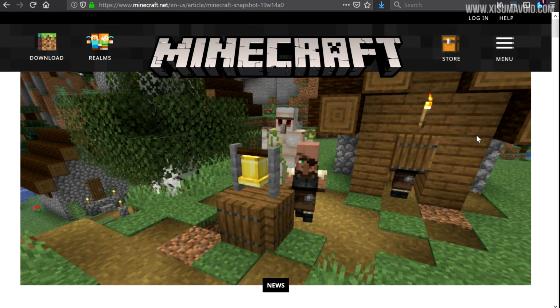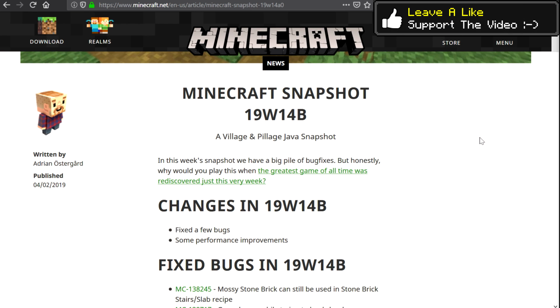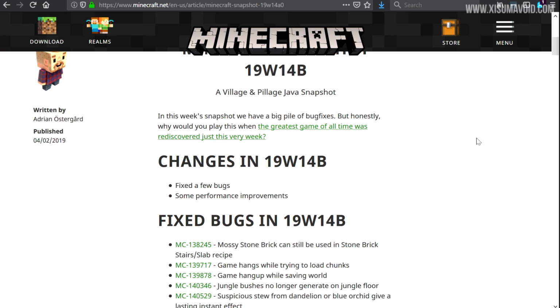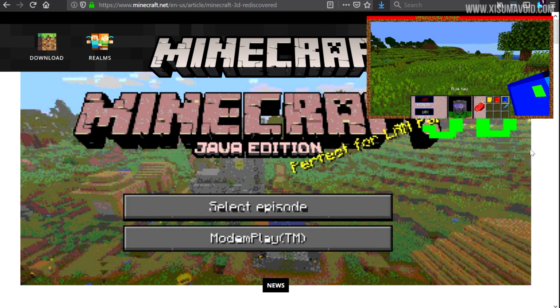Last week we were also treated to 2 snapshots, which I didn't cover here on the main channel. And they had some interesting features in them, so we'll be seeing if those features made it through to pre-release 1. And I won't keep you on Minecraft.net forever, but last week we also had the release of Minecraft 3D,